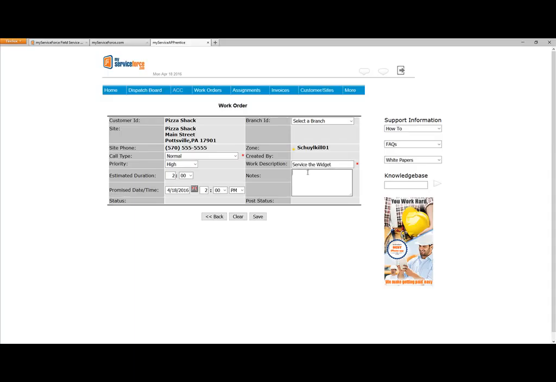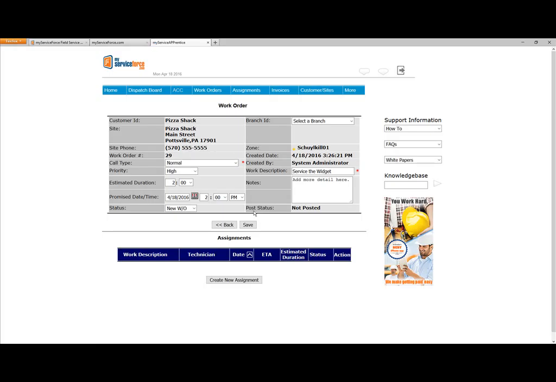Then in the notes field is where you can add some more detail. So more detail about the work will be added here. You can put in thousands of characters here in the notes section. I'll keep it very brief, and if you need to see a little more area of this field, you can click and drag when your mouse turns into the arrow like this. Click and drag and expand that field, and it'll make that field a little bigger for you to more easily enter more text. Once you have that information entered, click Save,